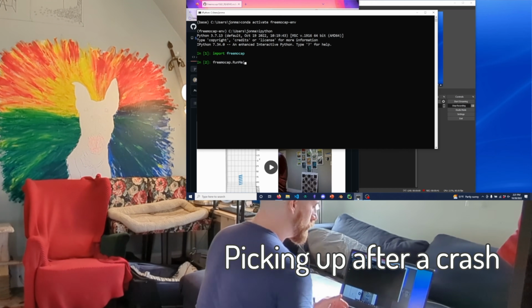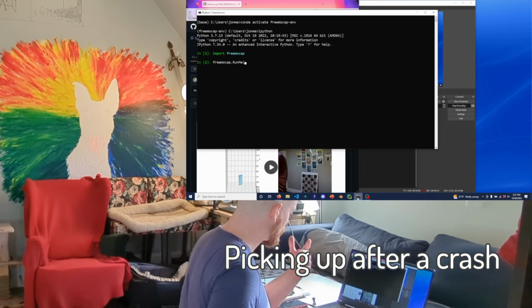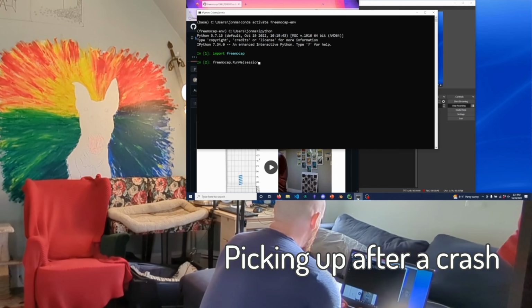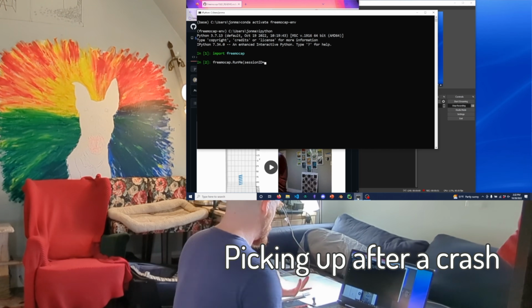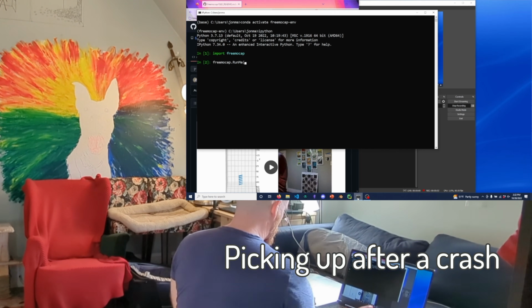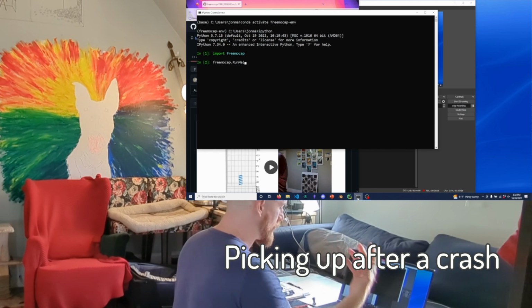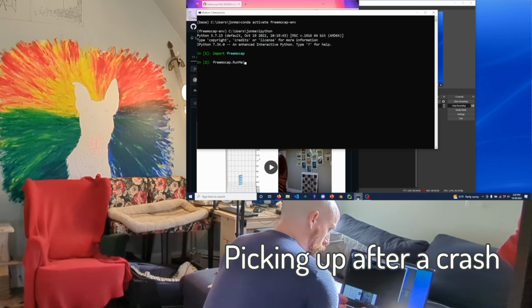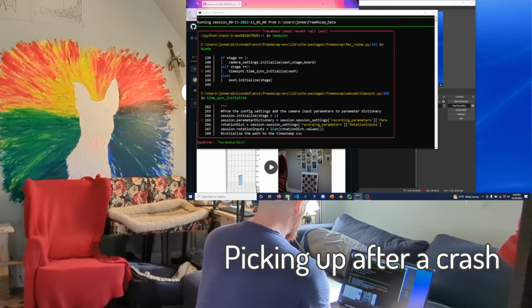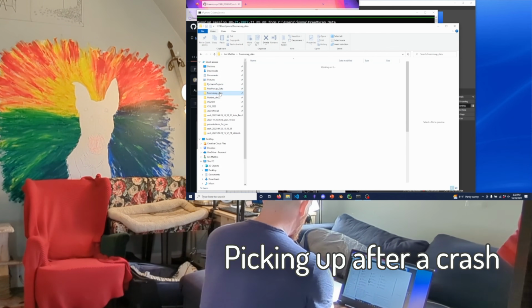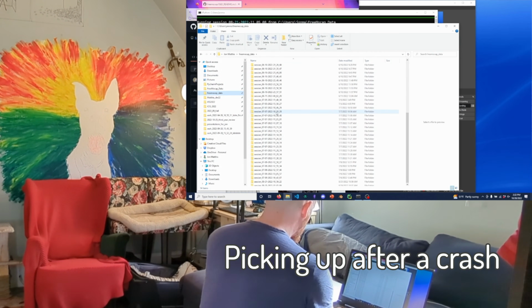Mocap.run me. I could go in and track down the session ID, which is the name of the folder, but I think if I leave it blank, it's set up that it will automatically try to find the most recent one. Hopefully, we'll see. And so let's start at stage equals 2, which is the synchronization step, and then Charuco square size equals 123, and then see how that works. It did not like it, probably because I didn't specify the session ID, mocap data. Yeah, that's right, because it has this other stuff in there.